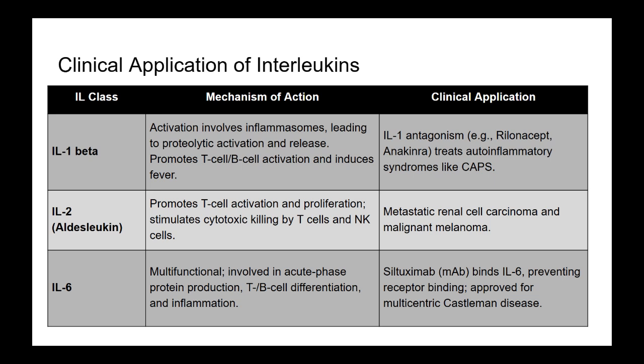Which probably explains why we now often use biologics designed to block cytokine signaling in inflammatory diseases. Precisely. Drugs like tocilizumab, which is a monoclonal antibody that blocks the receptor for IL-6, are used to counteract excessive or pathogenic cytokine signaling in conditions ranging from rheumatoid arthritis to the dangerous cytokine release syndrome we'll discuss later. Blocking cytokines is often safer and more targeted than trying to administer them systemically.